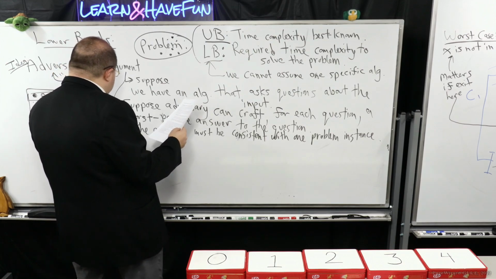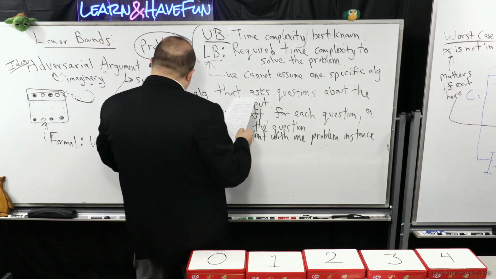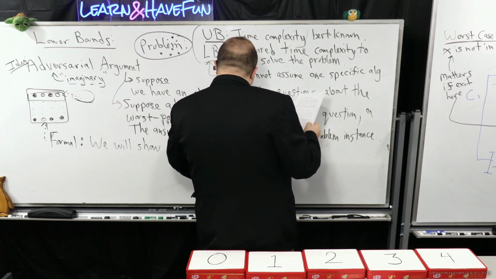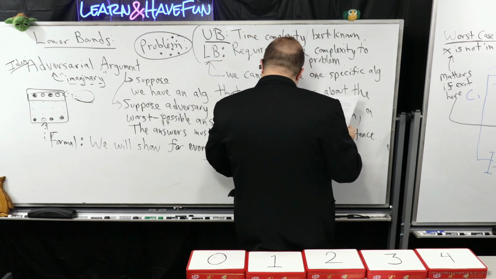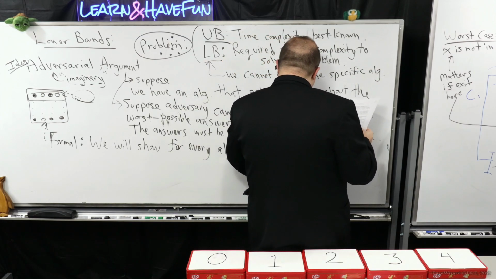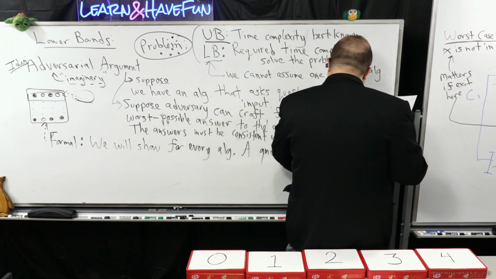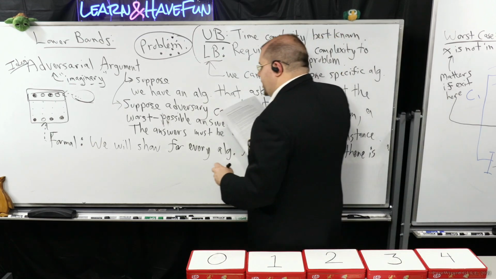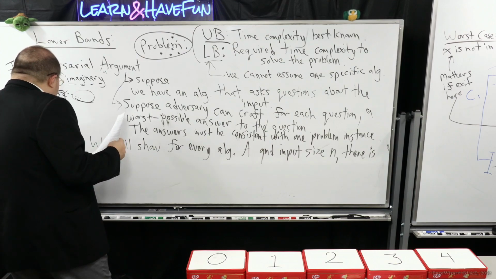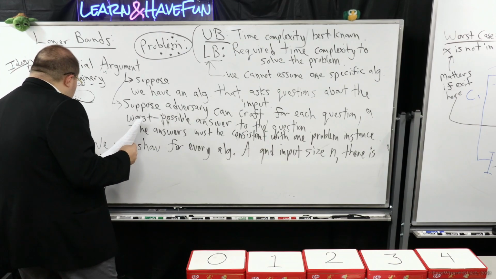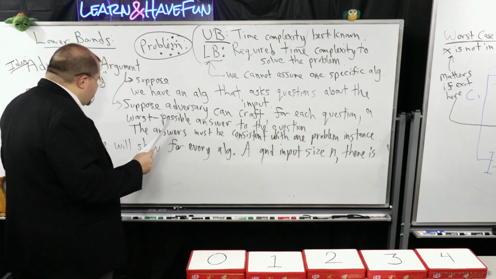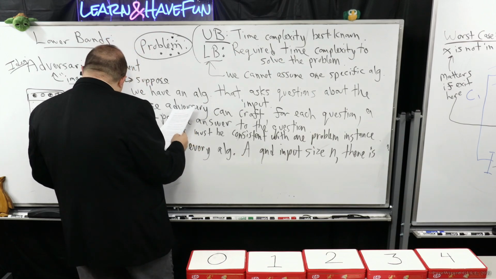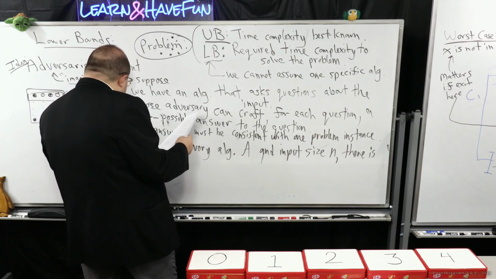We will show that for every algorithm A and input size n, there is some input. This will be selected by the adversary. That's the imaginative part about the adversary. An input of the problem of size n,